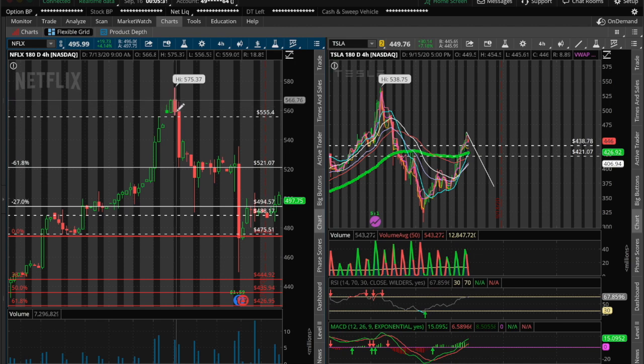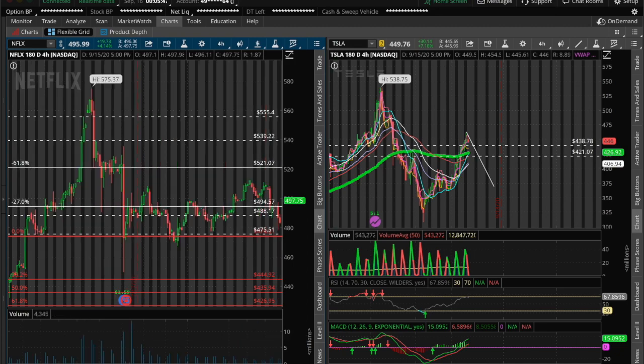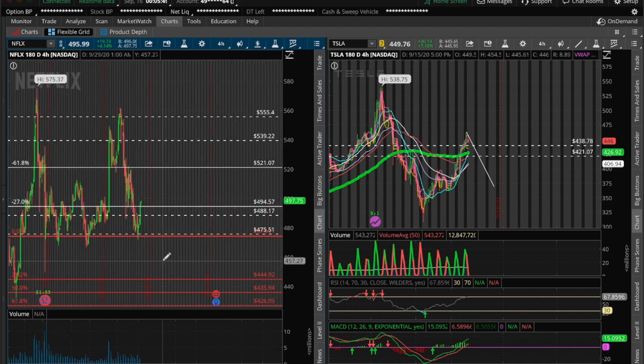It held that support for the first 4 hours of the day. So you could have railed that 575 up, and then sold once it lost that support because there's not enough support to around here, which is 539. So that's almost a $20 drop. You don't want to be caught in that. All right, so that's one for